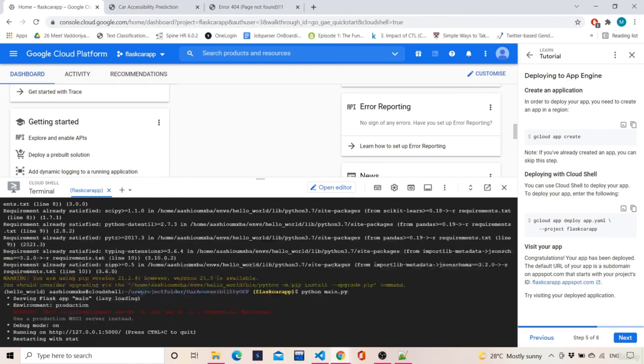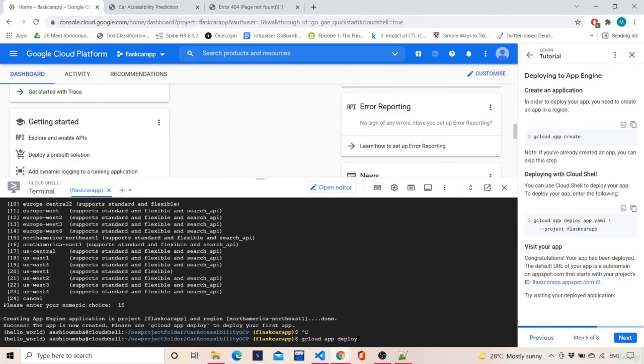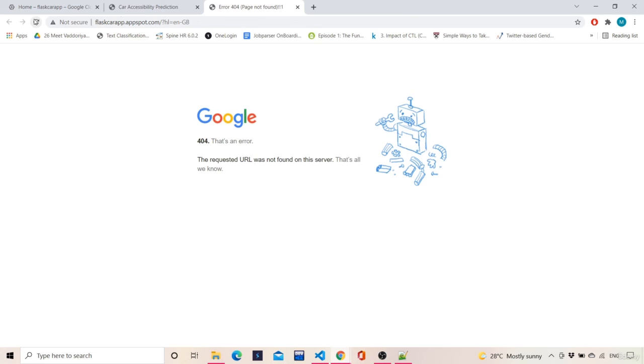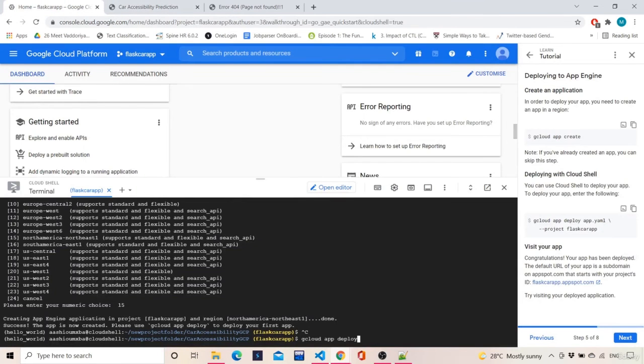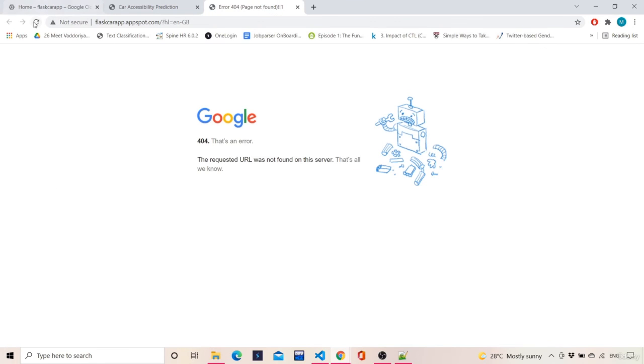At the end it will show that the app has been deployed on the server. After that, you can click on this URL and refresh it once the command is successfully executed.